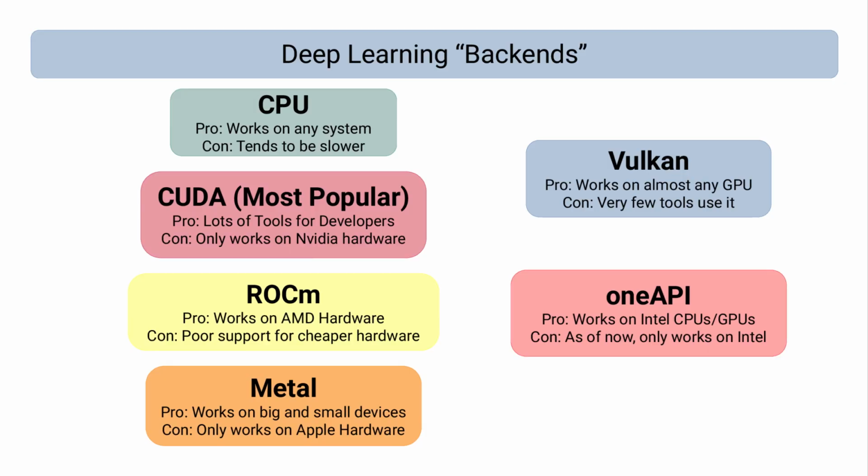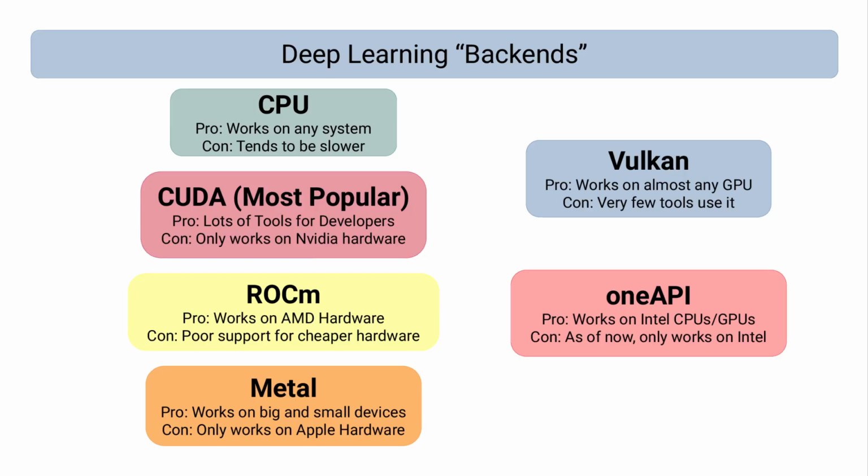Now, Apple made the Metal API to work on Apple computers. So we're talking about MacBooks. It even works on iPhones, iPads, both their laptops and their desktops. Metal is more of a catch-all term because Metal includes both their AI tools and also graphical rendering, because there's a lot of overlap between the two. So Metal is great in that if you have an Apple device in the last 10 years, it more or less supports Metal to some extent. So it's great in that aspect, but it only works on Apple devices,